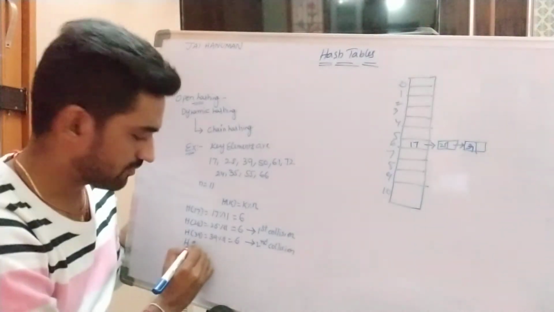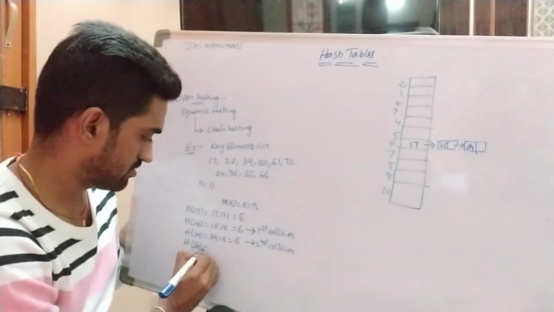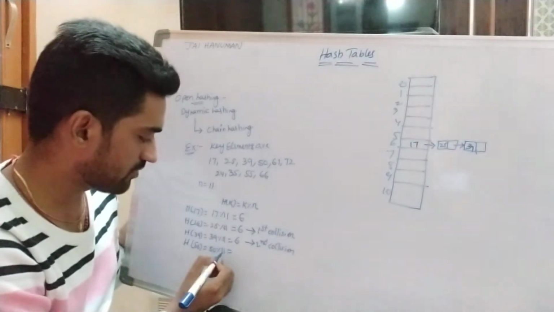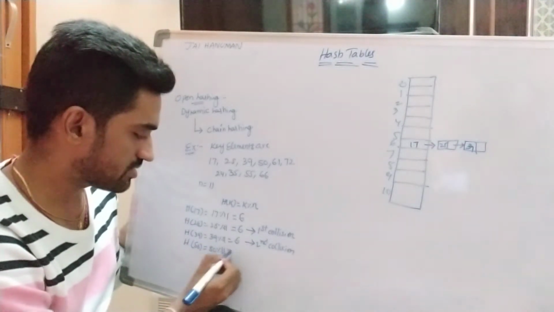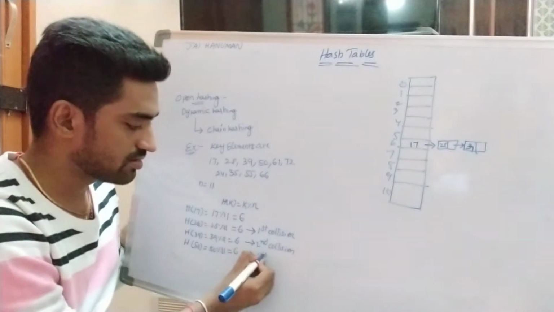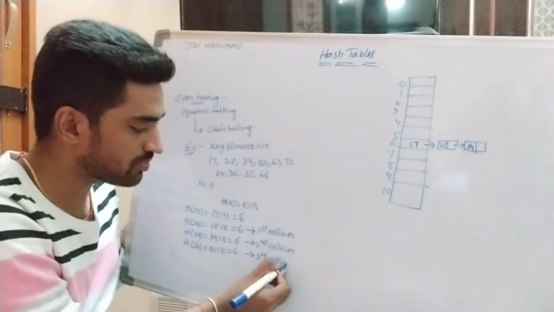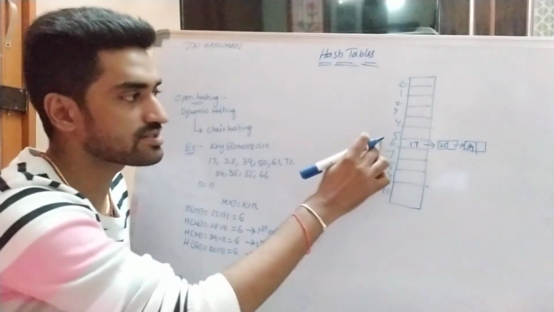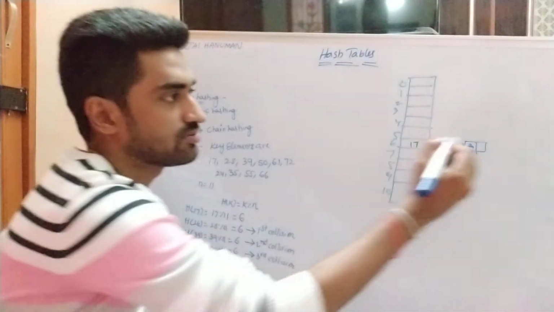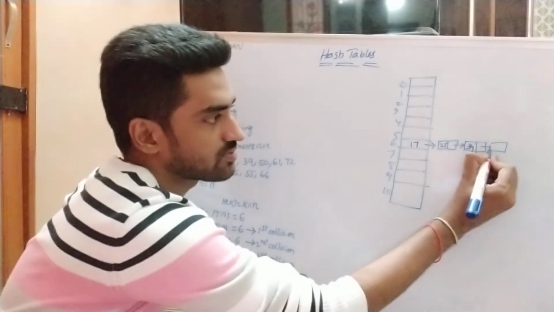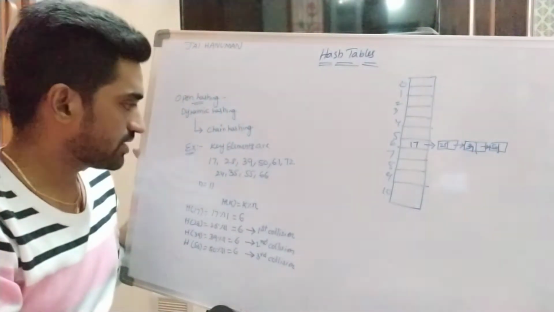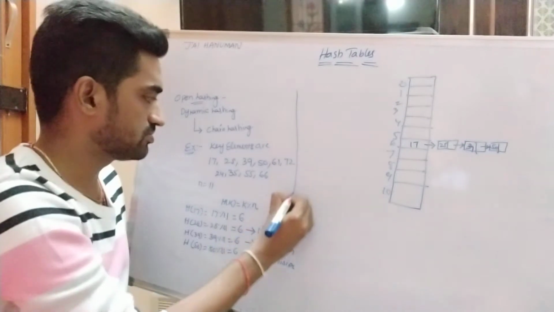So what is the next inserted key value? H of 50. So 50 modulo division of 11. So 11 fours are 44, remainder 6. So here collision has occurred, third collision. So to avoid this collision, simply I am creating one node at 6th position. At that node I am placing the 50 key value. Now the linked list becomes this one, 50, right?